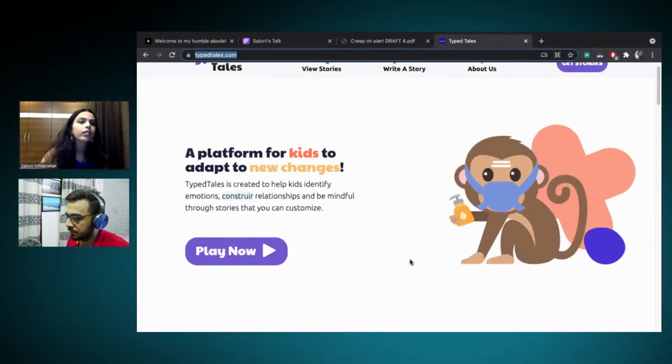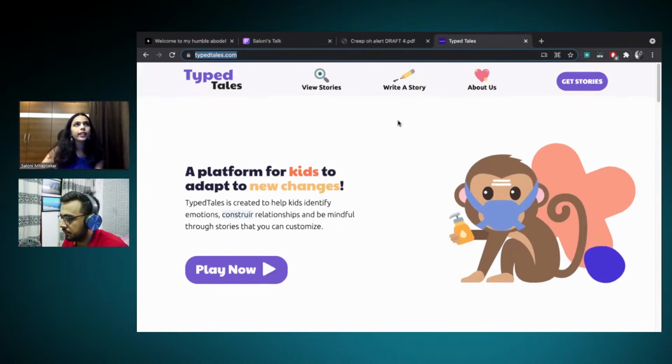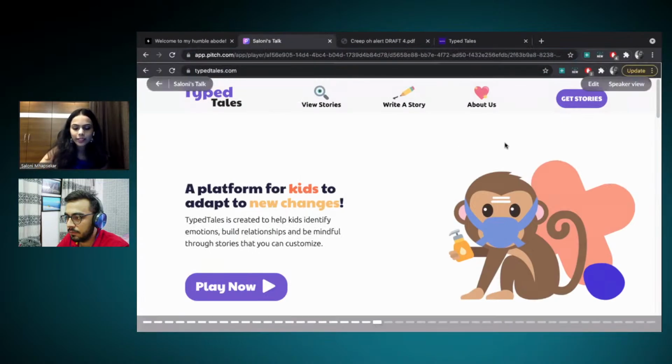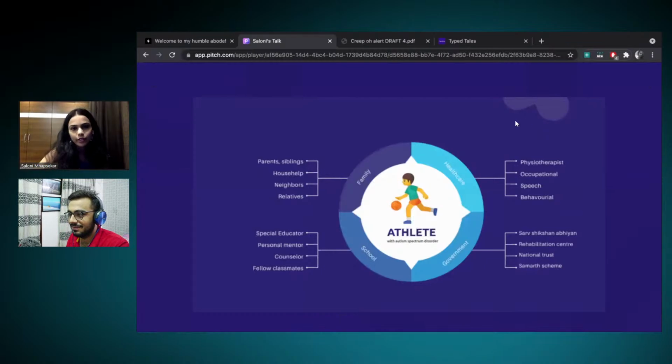We are basically teaching kids about transitions, because they lack that, in the sense that they don't understand emotions and things like empathy. So we are doing that very visually through stories. You can check that out. I wouldn't go in depth on that project because that would require me taking another session with Karan. But I wanted to highlight how vital it is to design for the system.